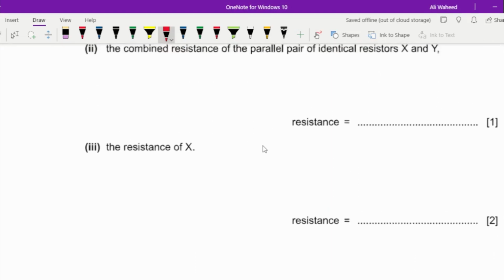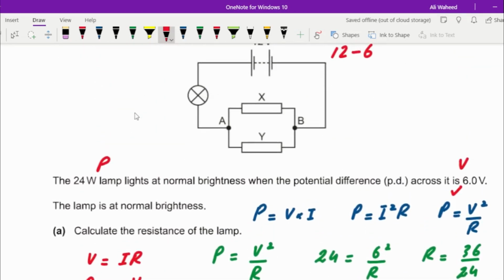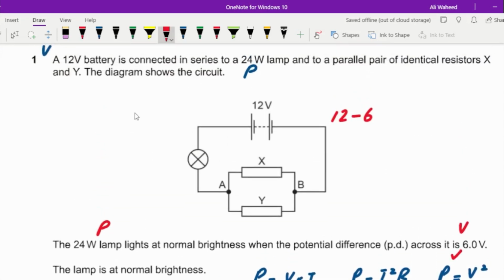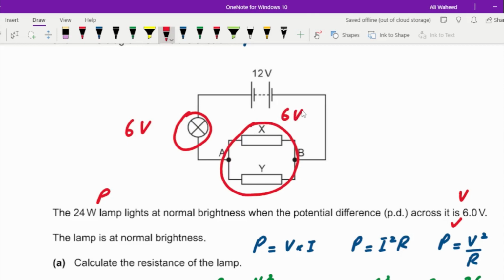Let us take a look at the next one. The combined resistance of the parallel pair of identical resistors X and Y. Okay, so what is the resistance of the single resistor? There are different ways you can solve this question. The easiest way is, the voltage of the battery or the EMF of the battery was 12 volts, and the filament lamp was getting 6 volts, and the equal share, which is 6 volt, was given across the points A and B, and you get equal share of voltage